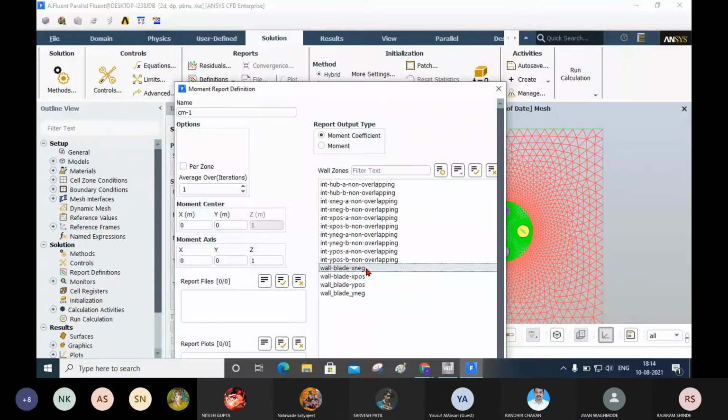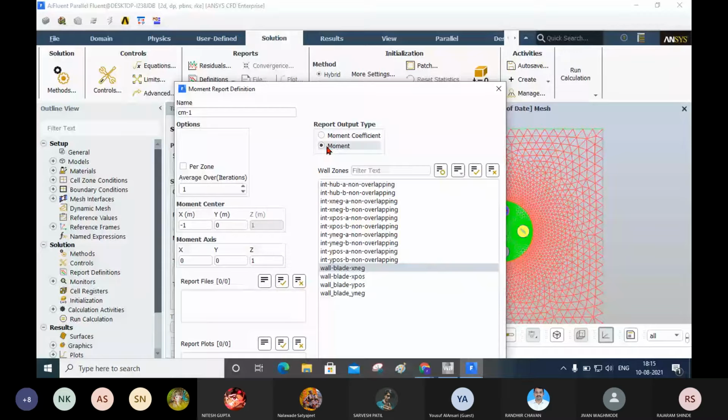And I am going to define the monitoring center as -1, 0, because it is on the negative side. Next one, here I am going to monitor moment. The moment center is at x equal to -1 and y equal to 0.